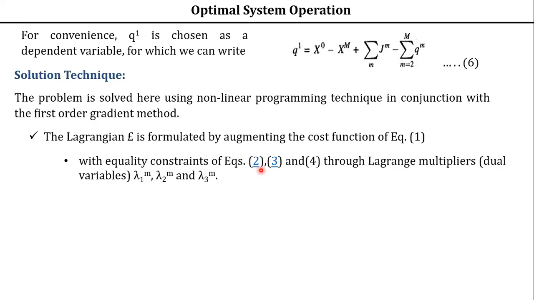Equation 3 is your water continuity equation. Equation 4 is your real power generation by your hydropower plant, PGHM, during the mth interval. So we have defined all these equations, isn't it? So, for your convenience,